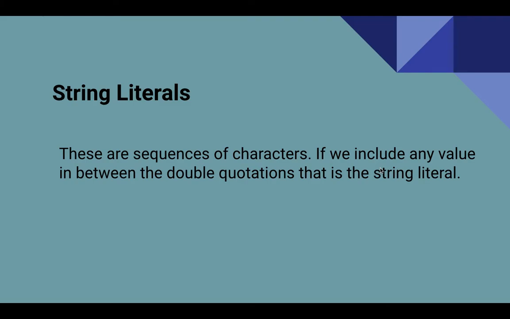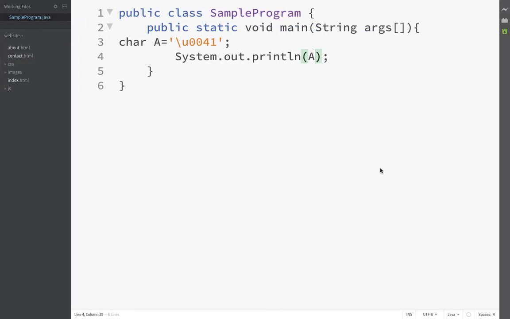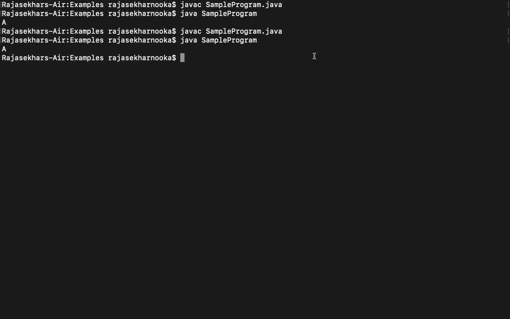If we include any value in between double quotation marks, that is a string literal. For example, compile the program.